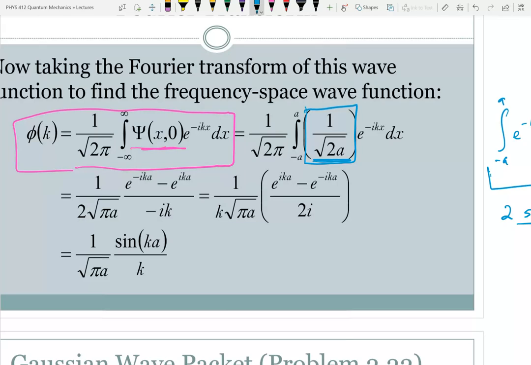So I had a 1/2, and then on the bottom, square root of pi a, and then this stuff. The 2 that I added in is just this 2 here, so I'm going to get rid of it. And in the end, my phi